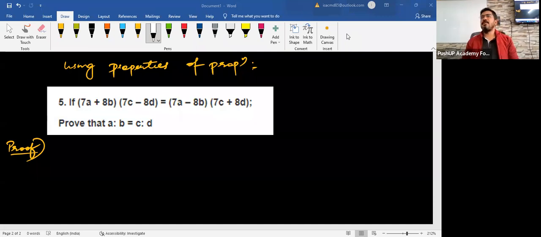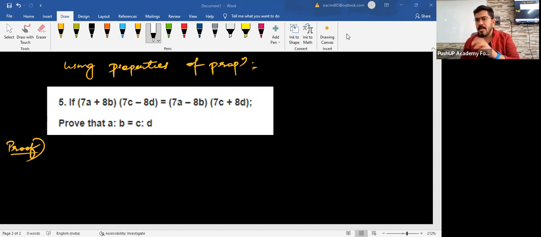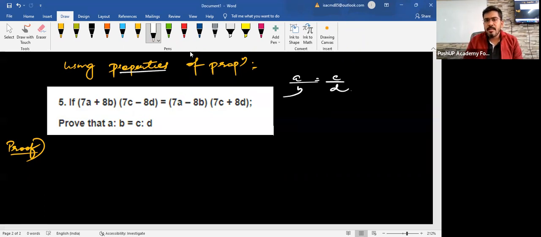Now those who need help, please look here. Children, if (7a + 8b) into (7c - 8d) is equal to so and so, you have to prove that A is to B is equal to C is to D. A is to B is equal to C is to D means A upon B is equal to C upon D. This is what you have been asked to prove, making use of the properties of proportion. So what is given to you? (7a + 8b) divided by (7c - 8d), which is equal to,